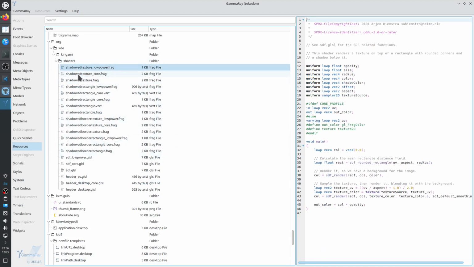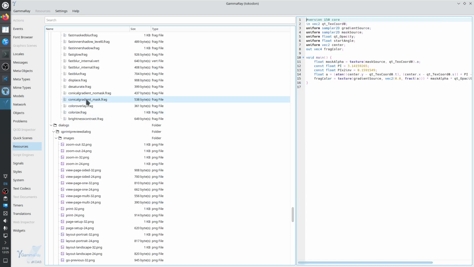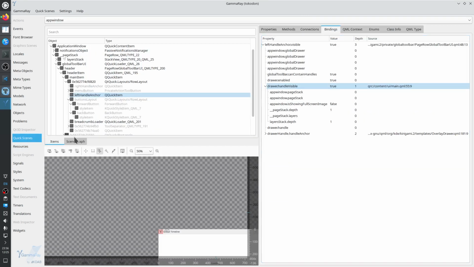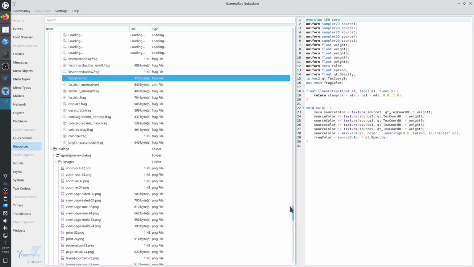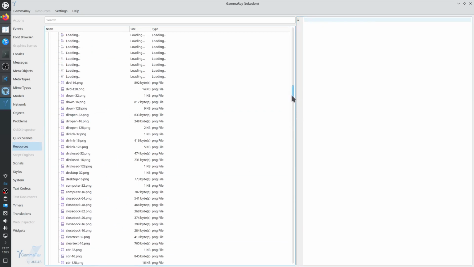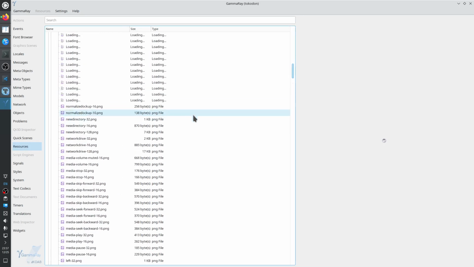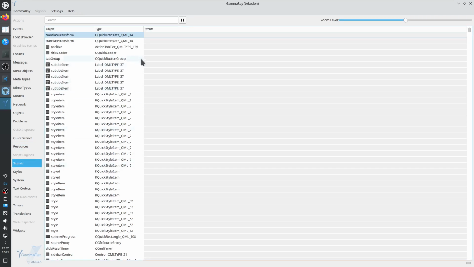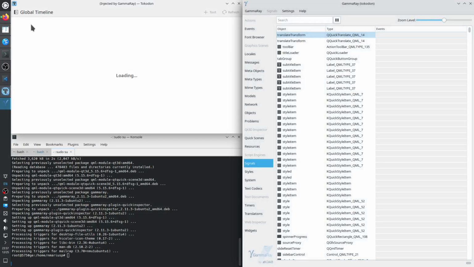Shader fragments. Okay, the real way to see what's inside of a QML application is to open it in GammaRay and see all of the million fragment shaders and QSB files and PNGs and all of the things that are available and how they are distributed in the QRC protocol, to look at all of the signals. So when a signal is triggered,